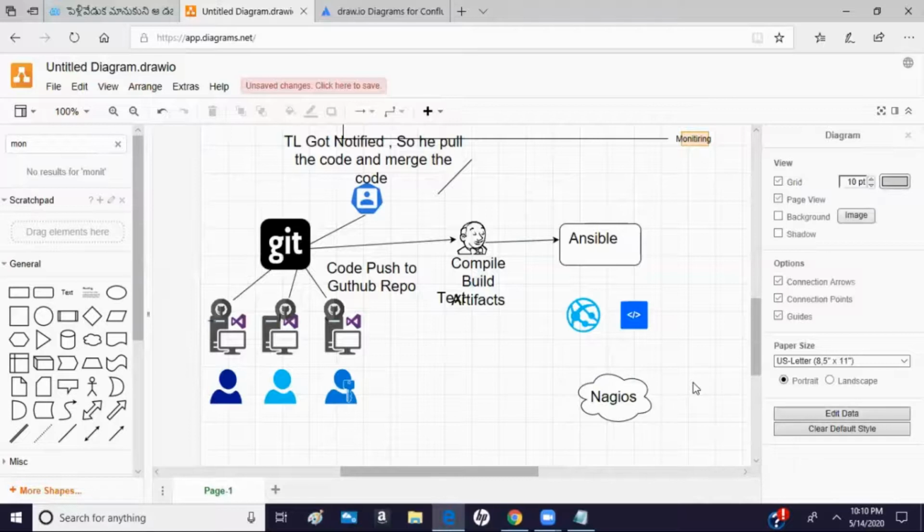Now, if the customer says that I am good with that, but since I am using the Azure cloud, I do not want to use any third party like Ansible or Jenkins.